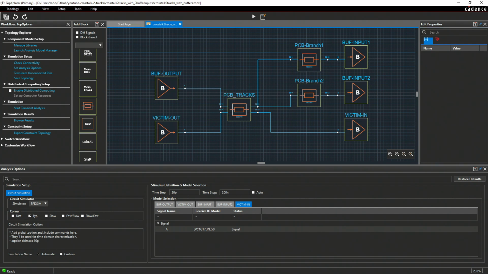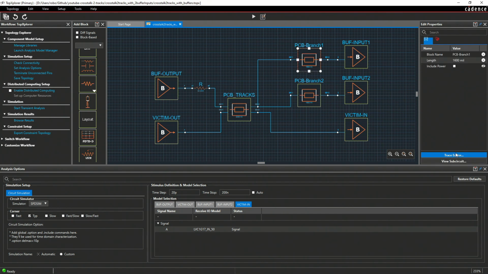The second improvement I'm going to do is add a series termination resistor. So I go down here, I'm going to add a series termination resistor and I'm going to use a value like 33 ohm. The last change I'm going to do is change the stack up.